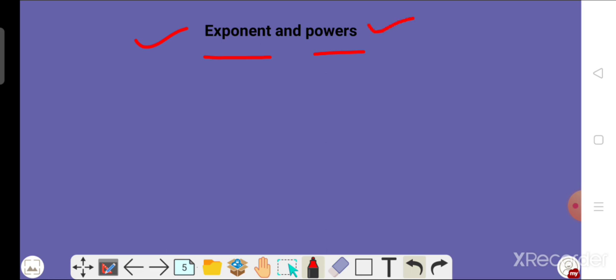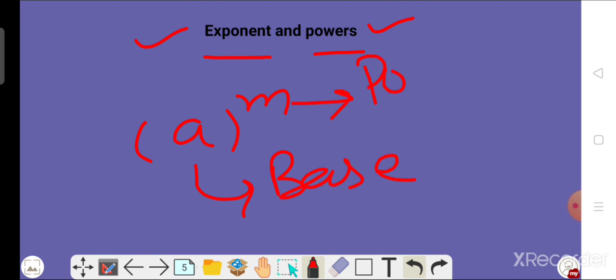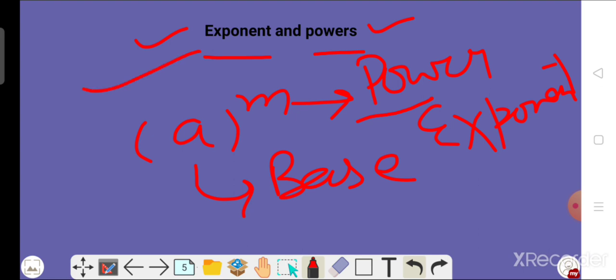As you know beta, if we have a number like a raised to the power m, in this case this a is our base and this m is called power or exponent. Okay, so this is exponent. We can represent all the numbers in the form of exponent. In this chapter we will learn how we can represent a given number into the exponent form, how we can find the power, and how we can add the power if we have base same or not.